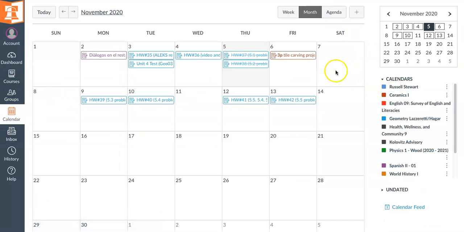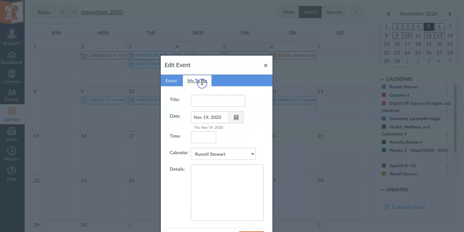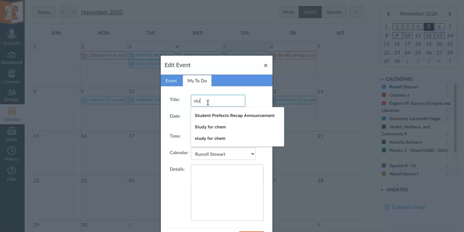And you can see that any assignments or events that your teachers create in Canvas will automatically be populated in the Canvas calendar, but you also have your own individual calendar. So anytime you double click within the calendar space, you can create an event or you can create a task that will be listed under your to-do list. So you could say study for chem,